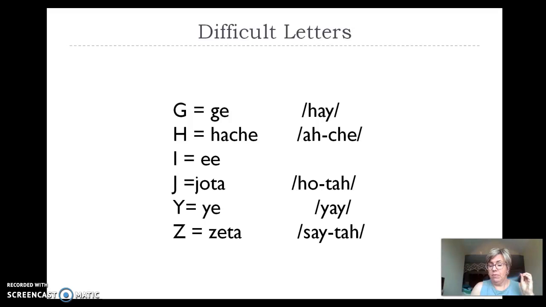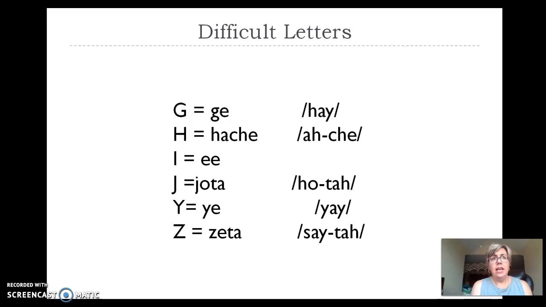The letter H is pronounced ache. That H is actually silent. The very first H is silent because the letter H is silent in Spanish, okay? And that's one thing I want you to understand. These are the letters of the alphabet. These are not the sounds that the letters make. These are just the names of the letters. For example,